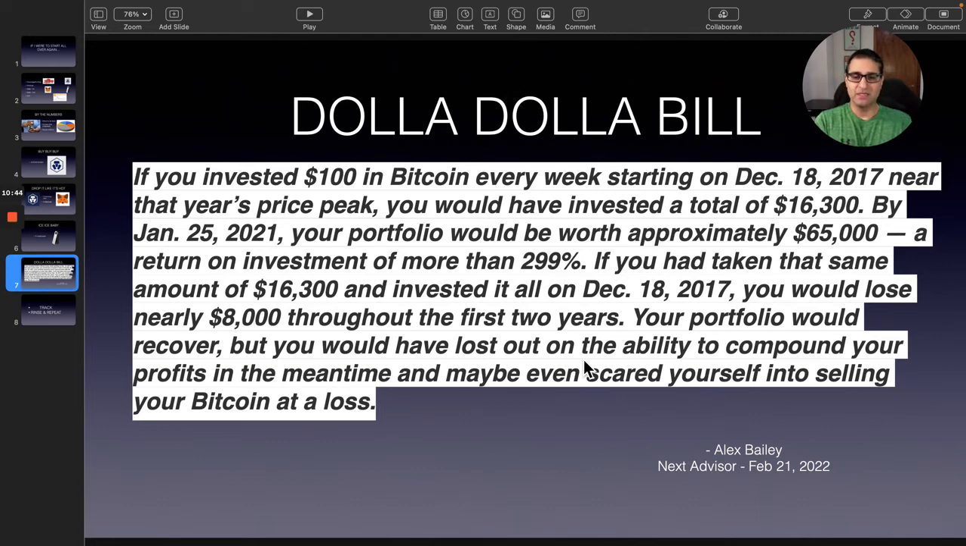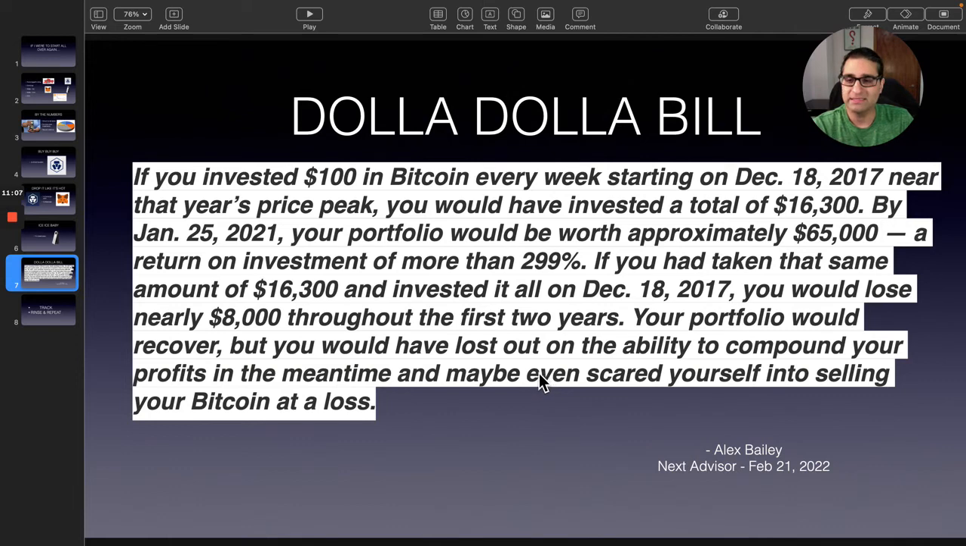And this little excerpt I took from an article from the online magazine called Next Advisor, written by Alex Bailey. It was actually written February 21st, 2022, so quite recent. It says, if you invested $100 in Bitcoin every week, starting on December 18, 2017,